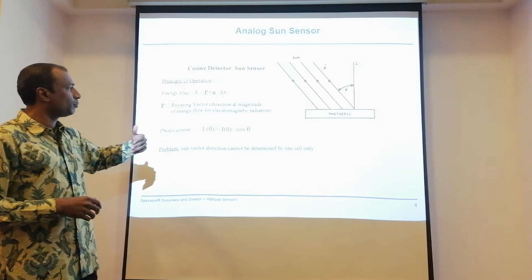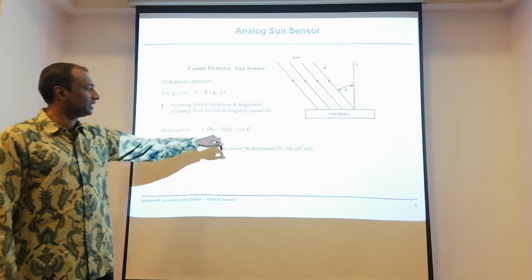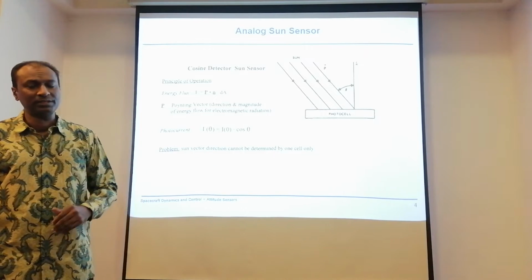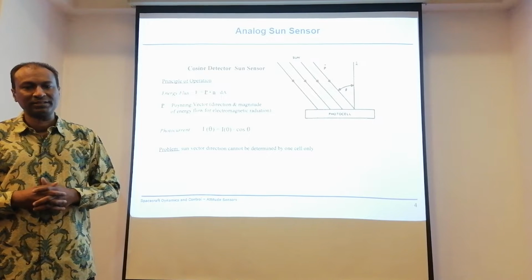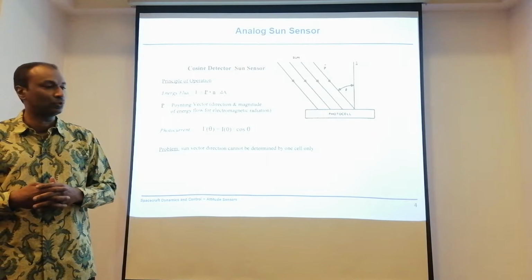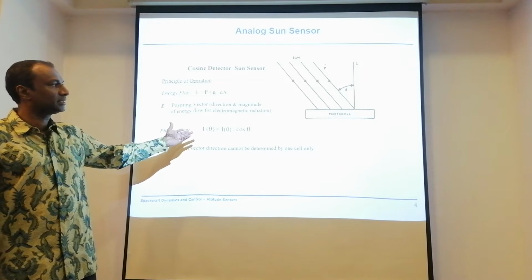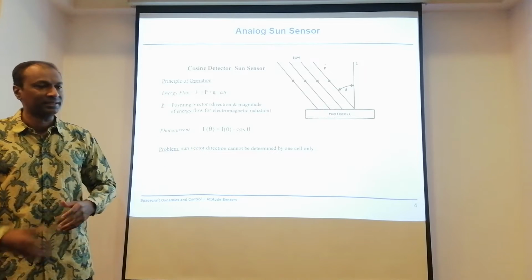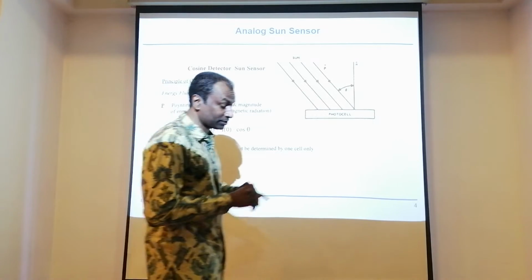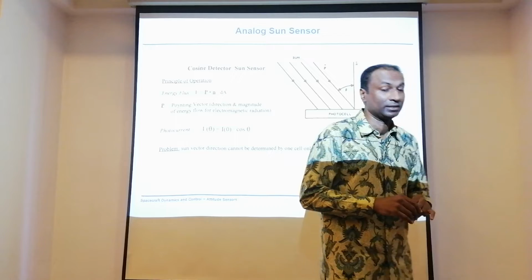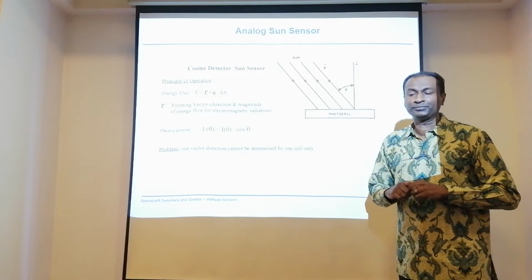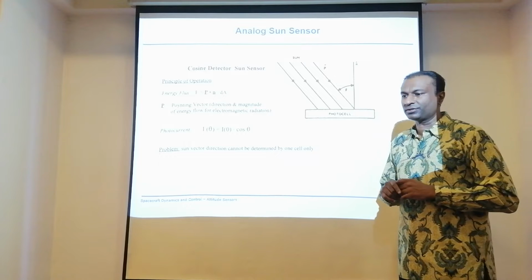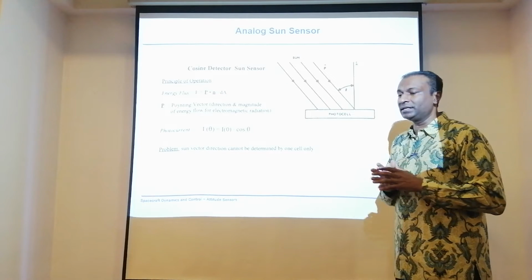The only thing is that exposure is what matters. So the intensity gets higher as we see. If you are normal to the particular sun vector, then you get maximum exposure. Maximum exposure gives you maximum voltage. So therefore the location of the spacecraft with respect to the sun can be detected. Note that this can work only in the sun phase. But it's not going to be a very precise sensor.